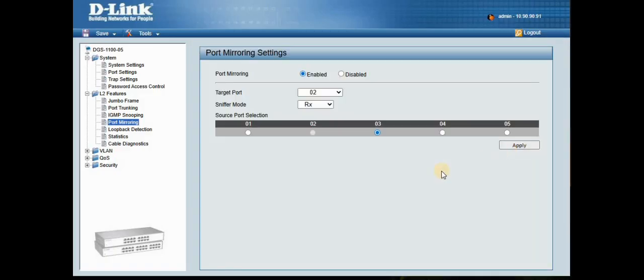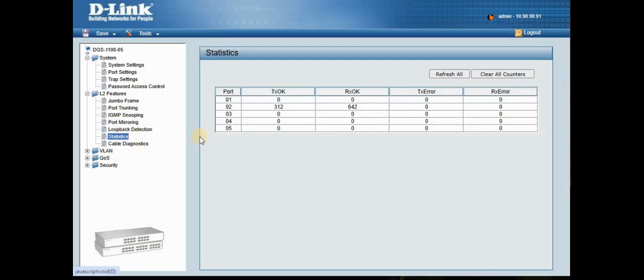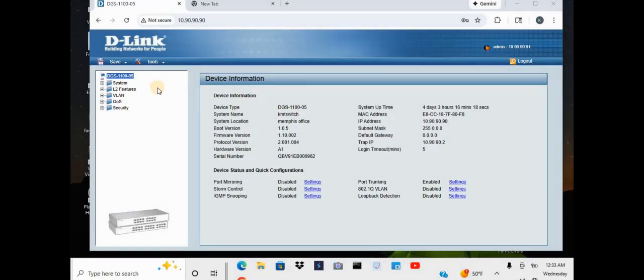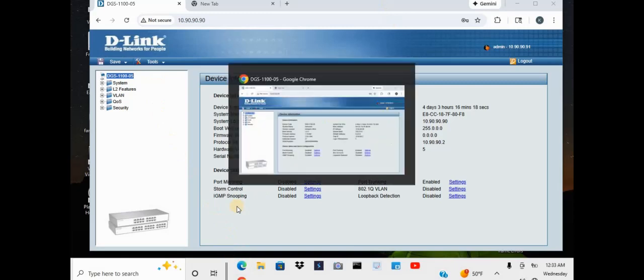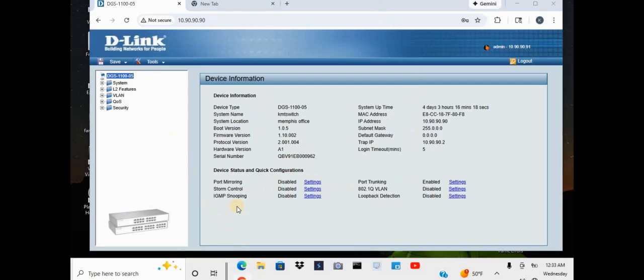And then we're going to quickly look over at the statistics field. Nothing coming in yet because I have to plug in the secondary machine. But that's how you configure port mirroring on the actual switch itself. Now this is the first time I'm actually performing port mirroring. So along with that port mirroring, I'm also going to run some testing on traffic if I can find my